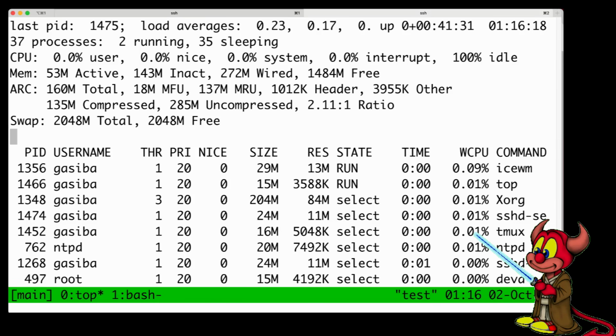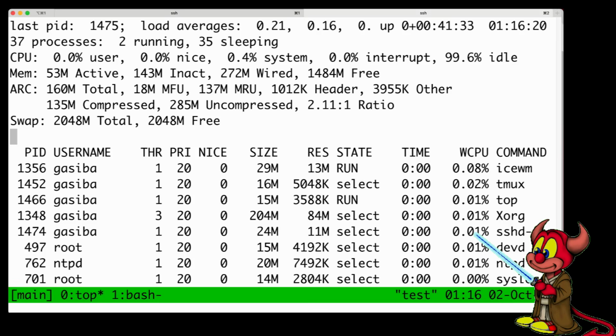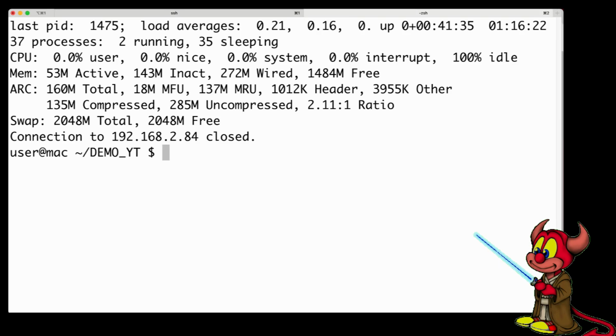So I'm going to show you that SFTP is still working. Control B, D. And let's do SCP -i ID on Gazeba at 192.168.284 on home